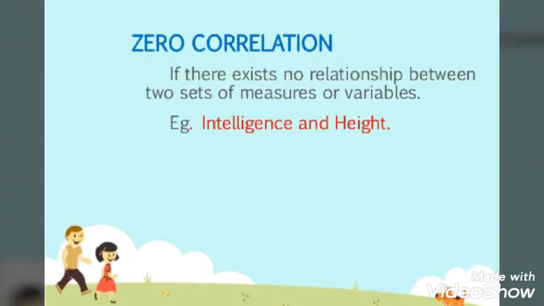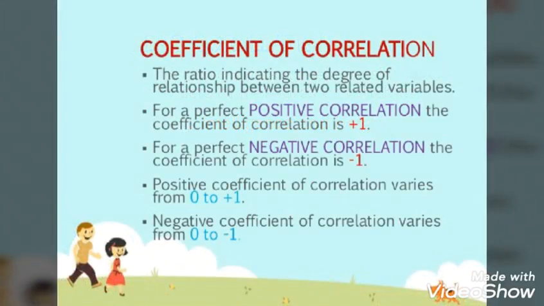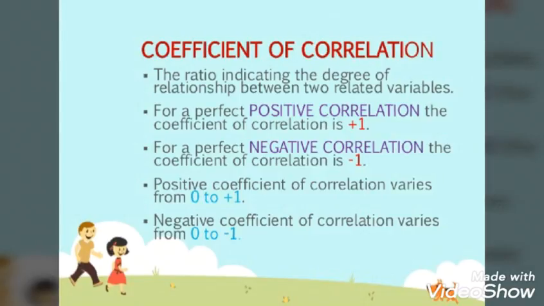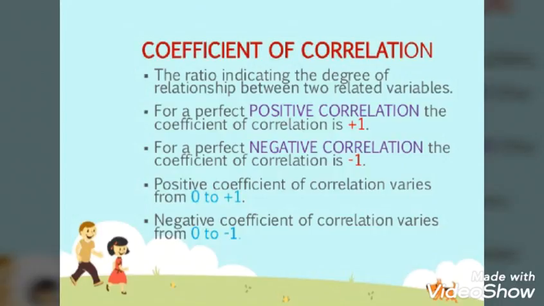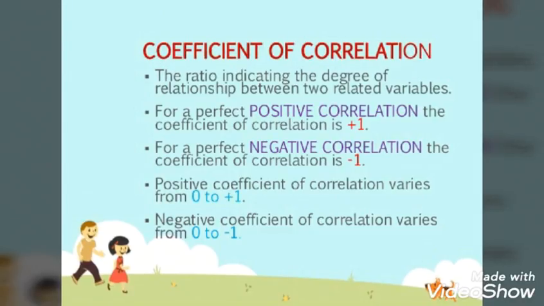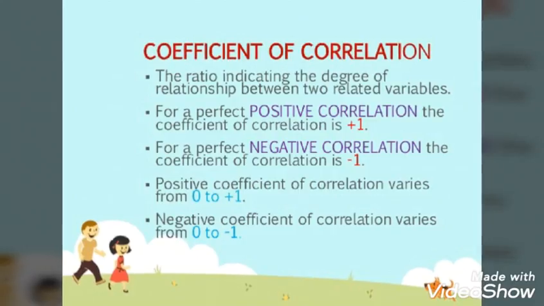Then we'll see the coefficient of correlation. We'll see the characteristics. It is a ratio indicating the degree of relationship between two related variables. So this ratio shows the relationship between the two variables. For a perfect positive correlation, the coefficient of correlation is +1. So when there is positive correlation, that is, it moves in the same direction, there will be positive 1 or plus 1. For a perfect negative correlation, the